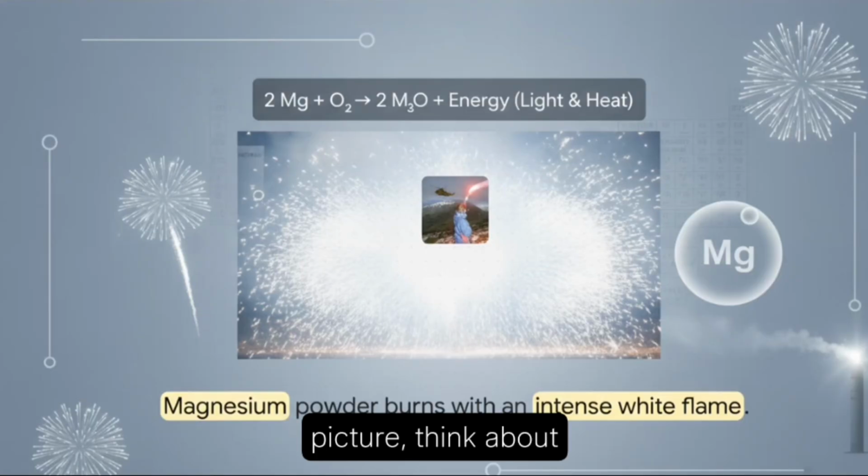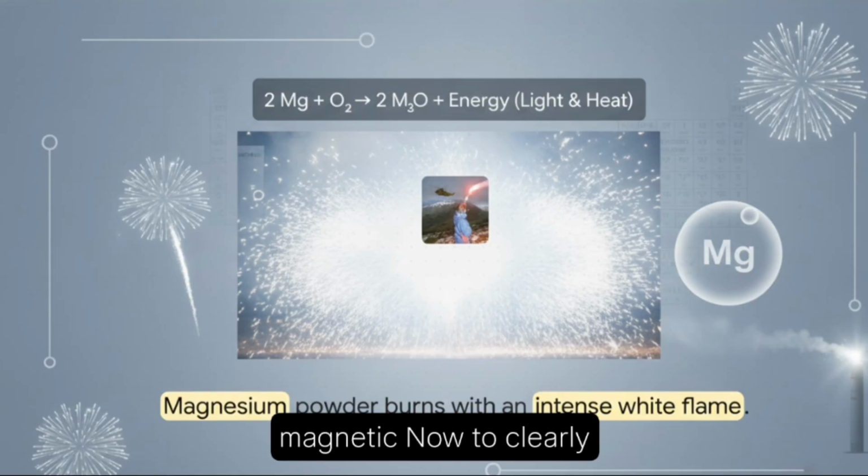To give you a vivid picture, think about magnesium powder burning. It reacts extremely rapidly with this intense, blinding white flame. Magnesium is a classic, proud resident of the metals continent. Specifically, it's an alkaline earth metal found in group 2. Because it's a metal, it reacts vigorously by losing its electrons to form positive ions. That reaction creates magnesium oxide in a brilliant display of light that is actually used in things like fireworks and